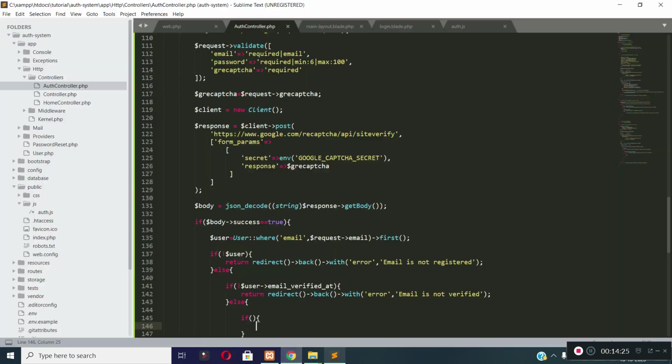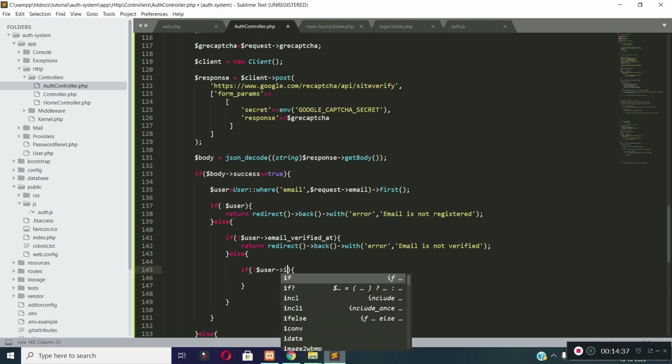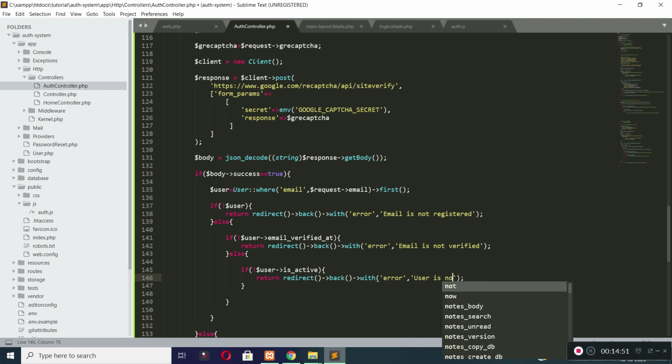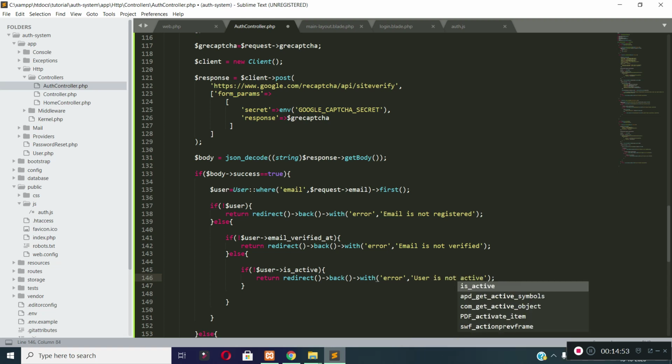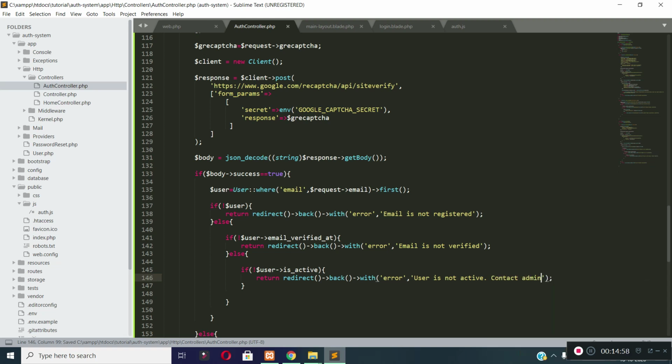So I am checking if the user is not active, then I will redirect the user back to the login page with an error message, user is not active, contact admin.